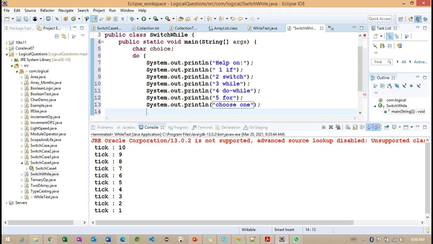Okay, so these are the println messages we are going to add.